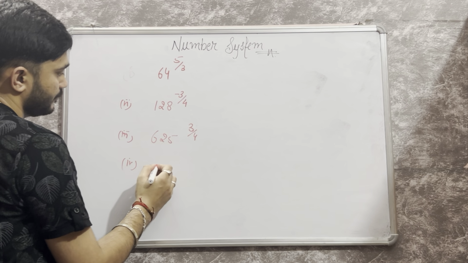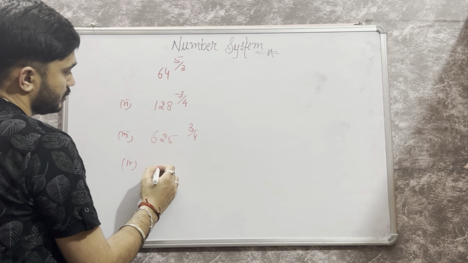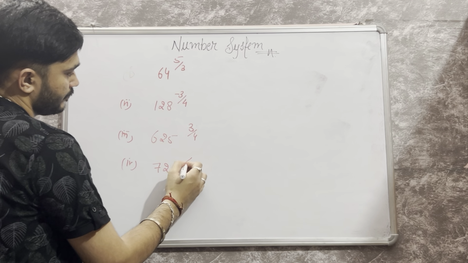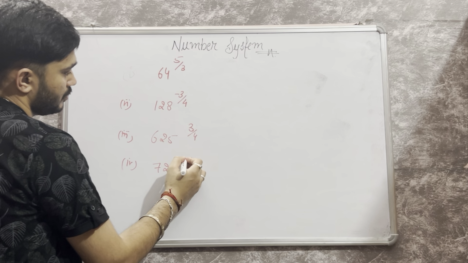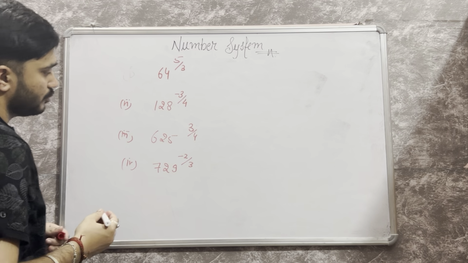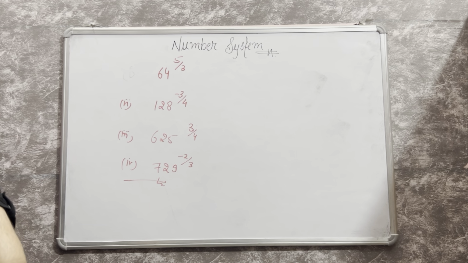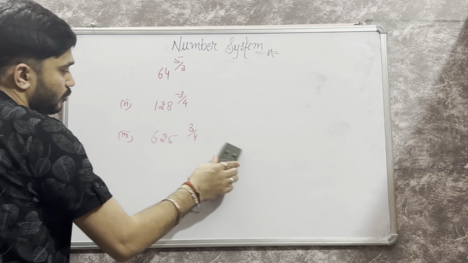And fourth is 729 raised to minus 2 upon 3. These are your homework. Now moving forward, we are going to solve some more examples